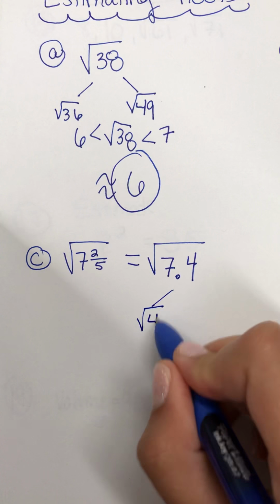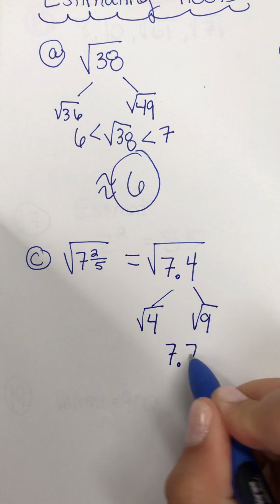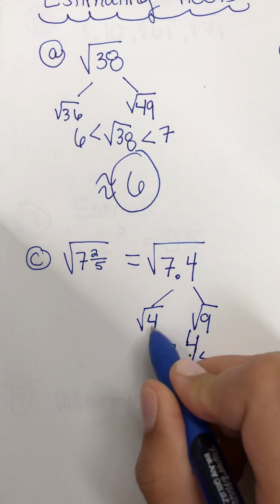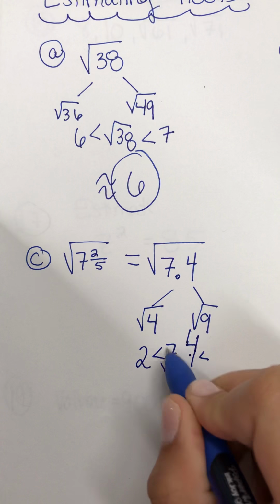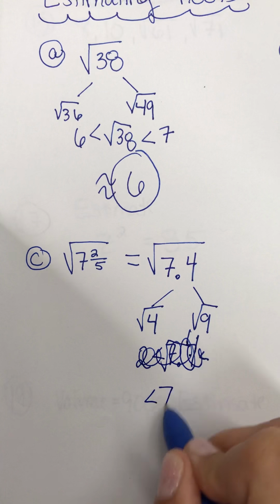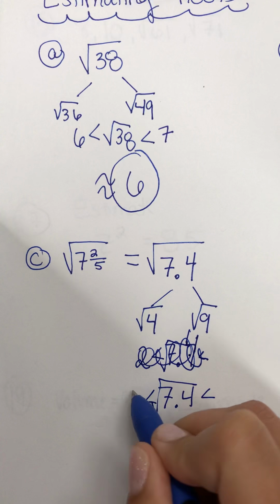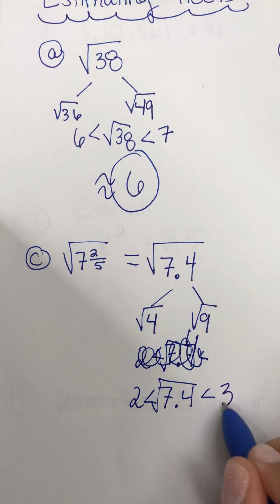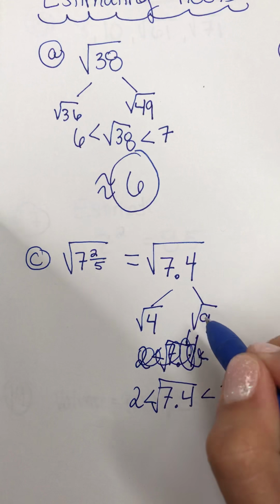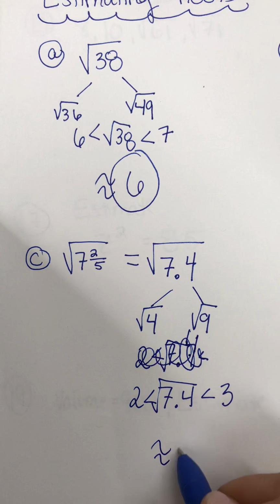The square root of 4, the square root of 9. We want to write this with an inequality symbol so that I know what numbers it falls between. Sorry, let me just rewrite that for you. So the square root of 4 is 2, the square root of 9 is 3, so the square root of 7.4 falls between these two. And what is 7.4 closer to? It's closer to 9, so my estimation is going to be